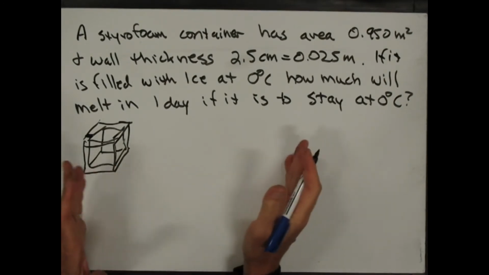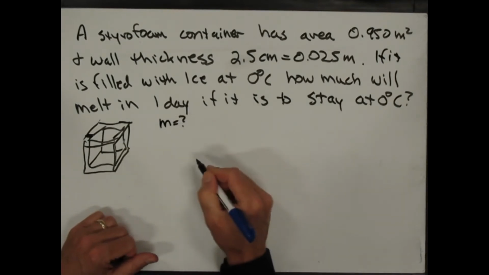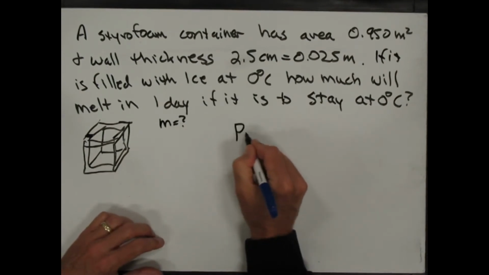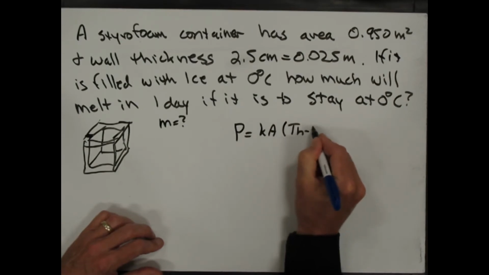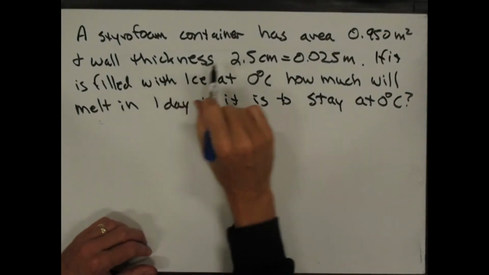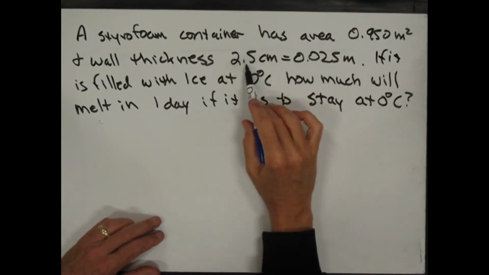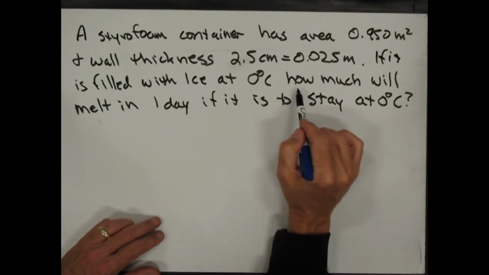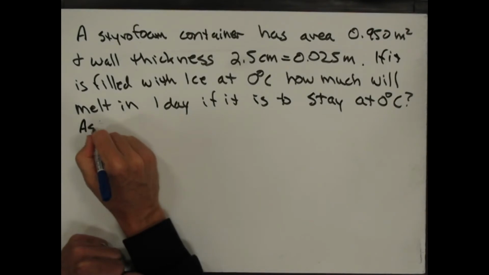And so this is actually asking for a mass of ice. And we're going to have to get that somehow from the stuff we've been talking about, right? The formula we have is the power is equal to Ka times T hot minus T cold. So a styrofoam container, this is like an ice chest, has an area of 0.95 square meters and a wall thickness of 2.5 centimeters or 0.025 meters. If it is filled with ice at 0 degrees C, how much ice will melt in a day if it has to stay at 0 degrees Celsius? Assume